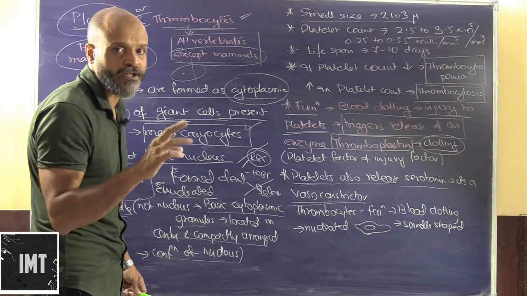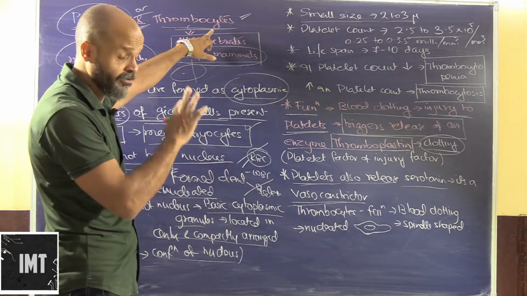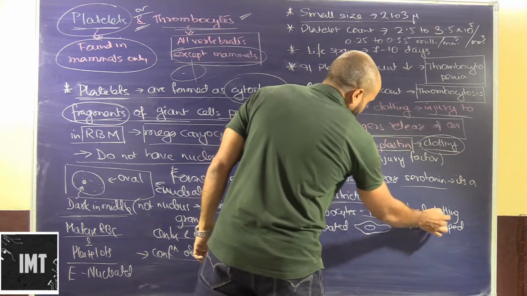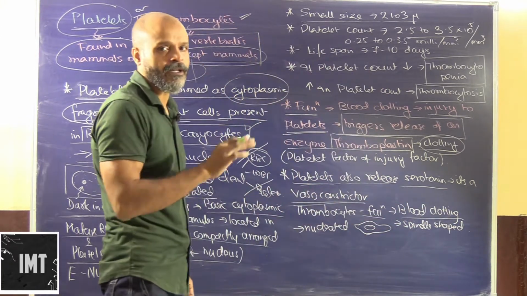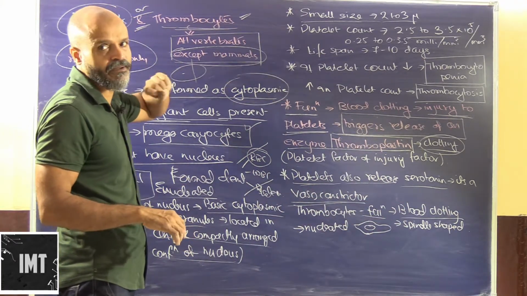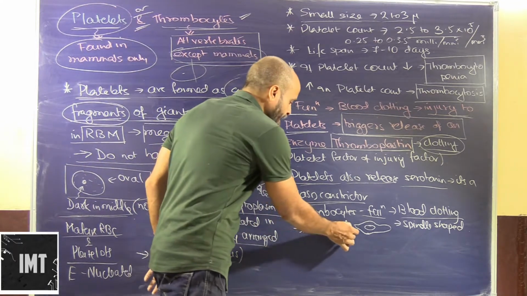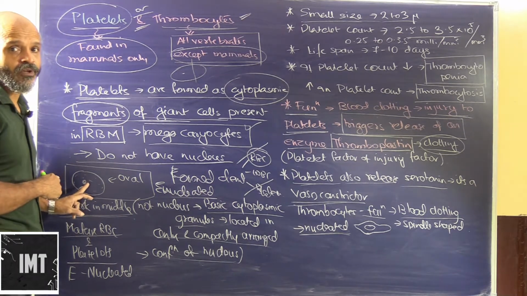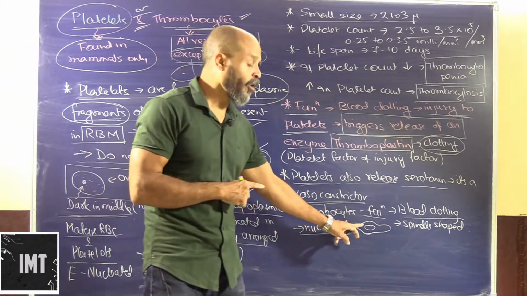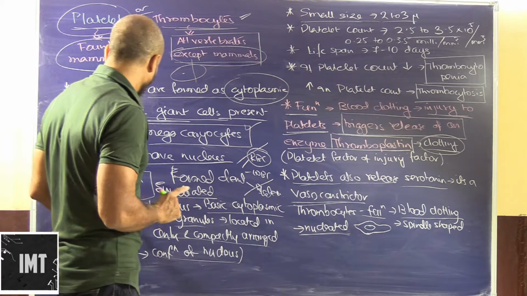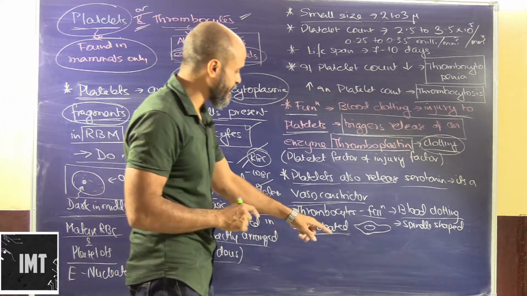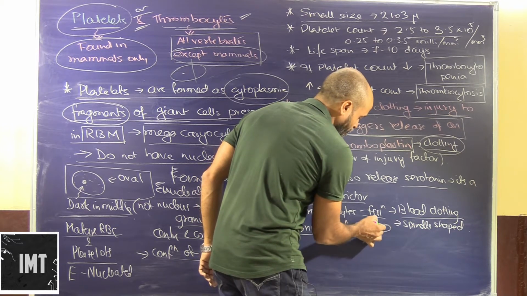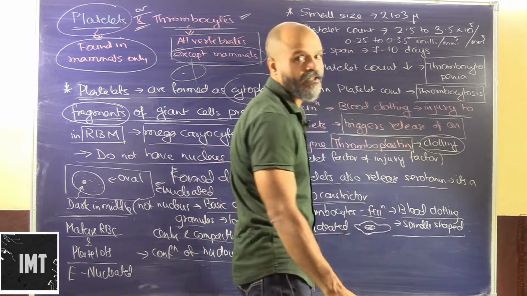Now, if we have to understand thrombocytes, what would be their function? Again, their function is exactly the same, blood clotting. So they are present in all vertebrates except mammals, and they are nucleated. Platelets don't contain a nucleus. Thrombocytes will have a nucleus. Platelets are oval shaped and these are spindle shaped. So the nucleus will be contained somewhere here, and this is how a spindle shaped thrombocyte will look.